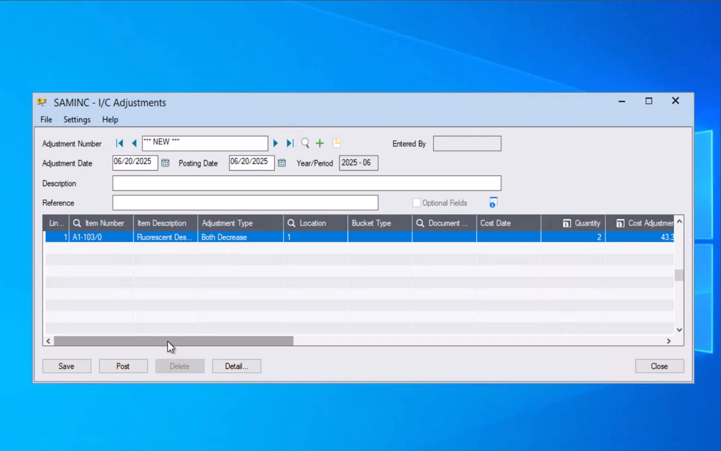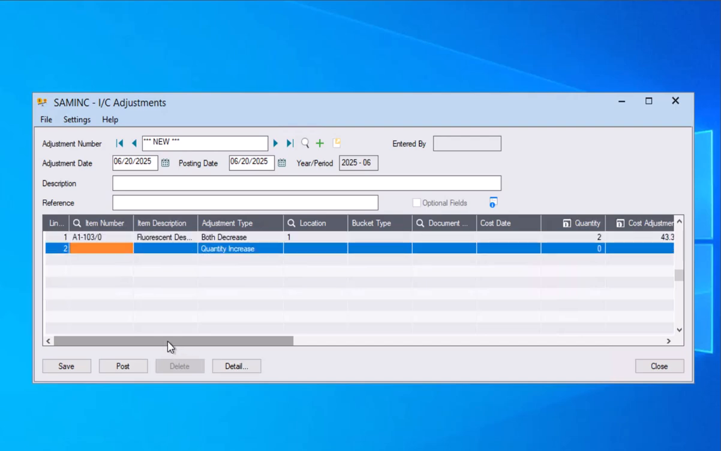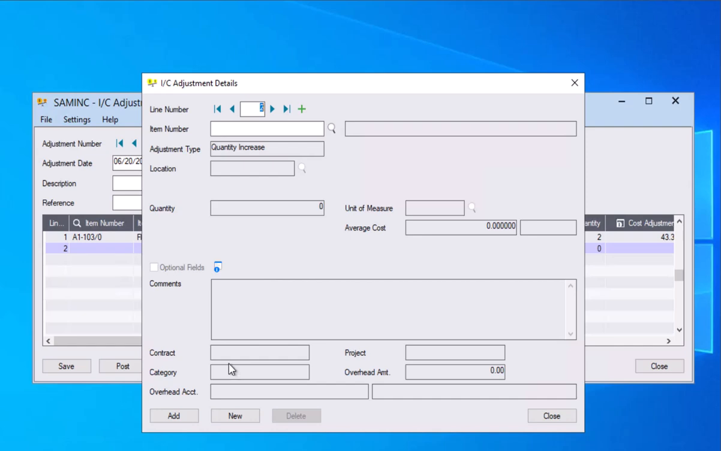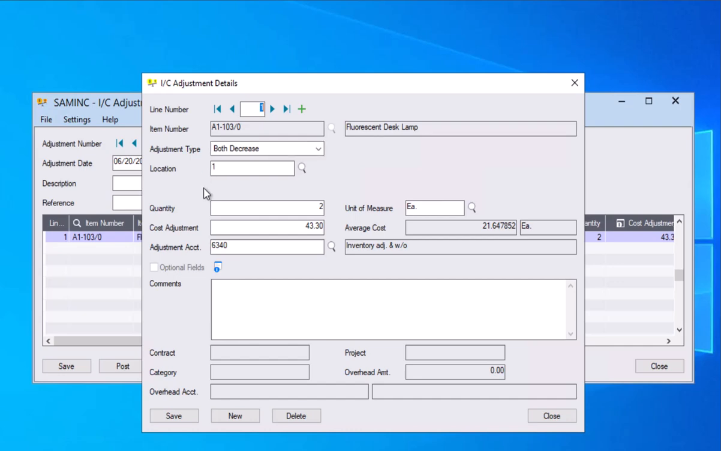I'm going to use my insert key to create a new line, so we can have more than one item as part of our adjustment. And I'm going to use the detail function here, and this just pops open a different view. It's the exact same data. In fact, I can browse back to my previous transaction and I can see that information right here as part